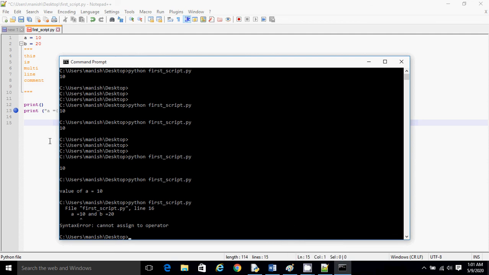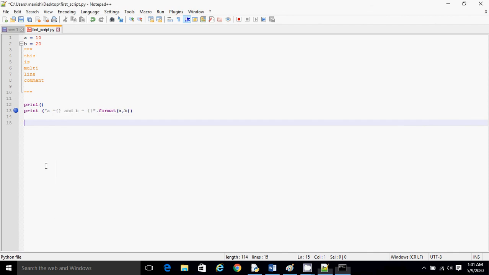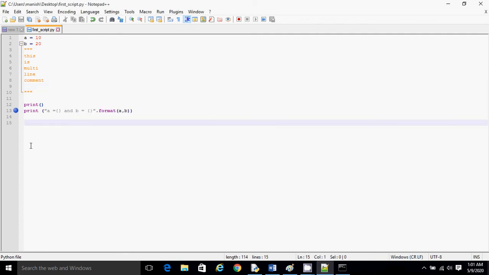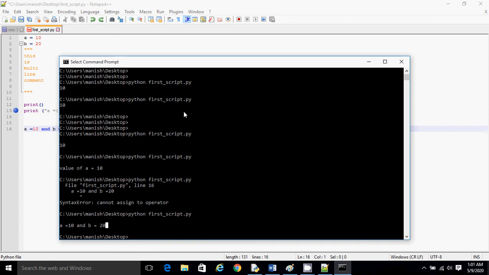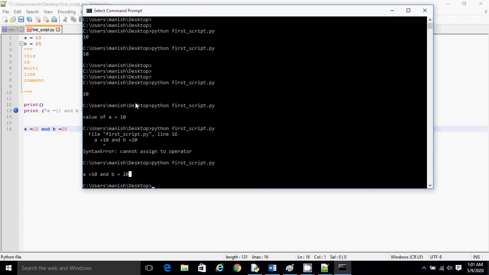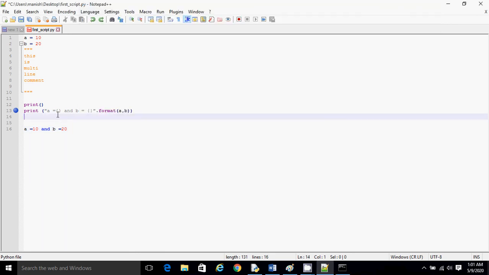sorry, I think it did not get saved, that's why. Now it is saved, let's run again. Okay, so we got output like how we wanted, right? If you want to see, we wanted exactly like this, and we got output exactly the same. So this is all about the print statement, and this is how we can format a string while printing the output to the console.